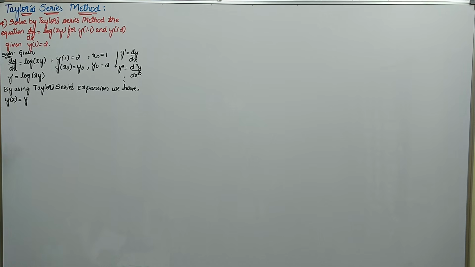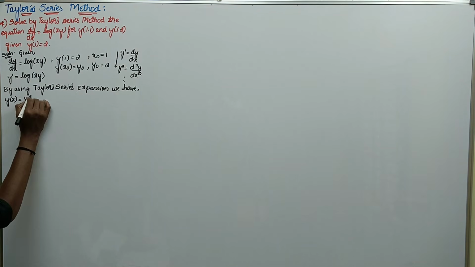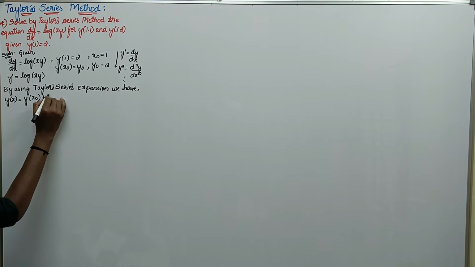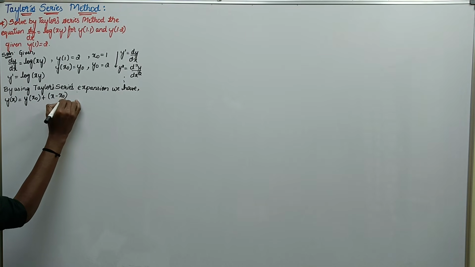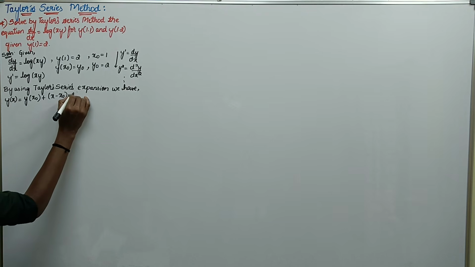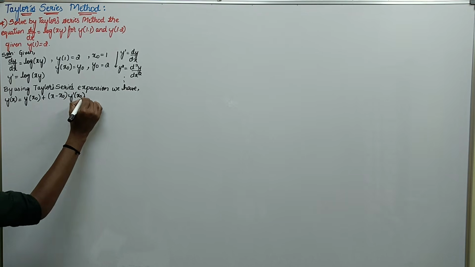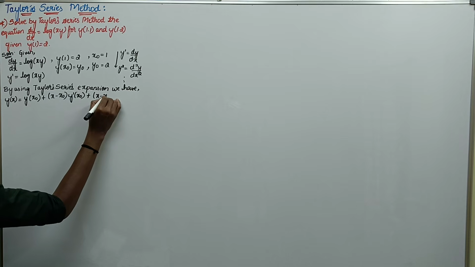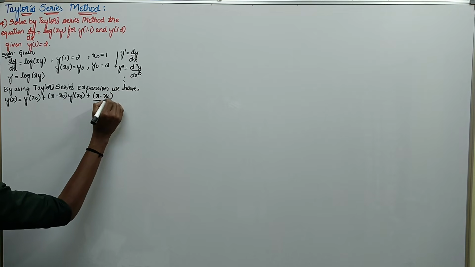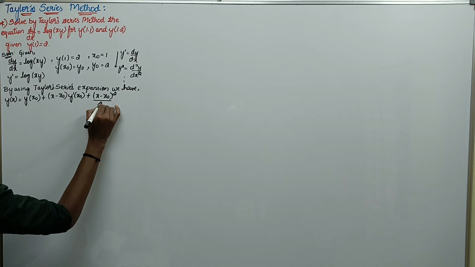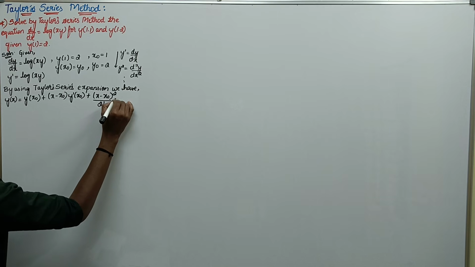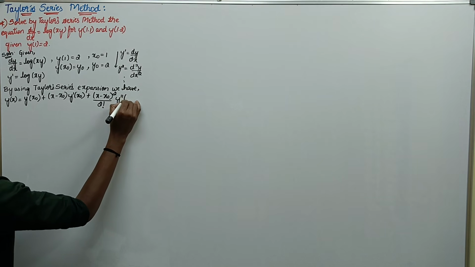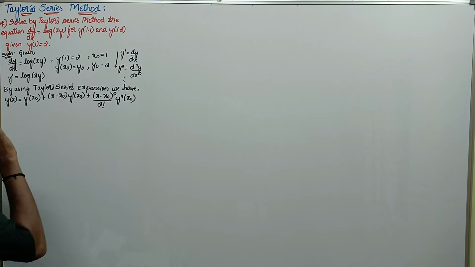Defining the condition, whatever we are going to represent in the formula, first we represent the function with respect to y of x naught, plus x minus x naught into y dash of x naught plus x minus x naught whole square divided by 2 factorial into y double dash of x naught, plus